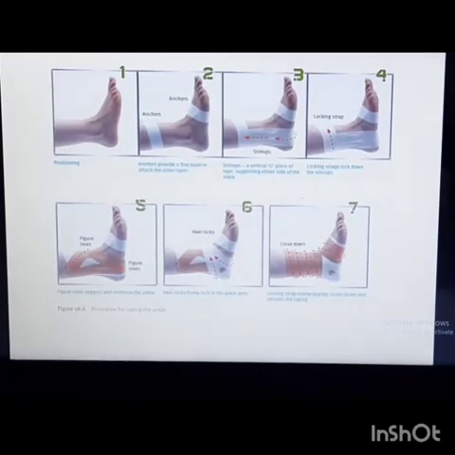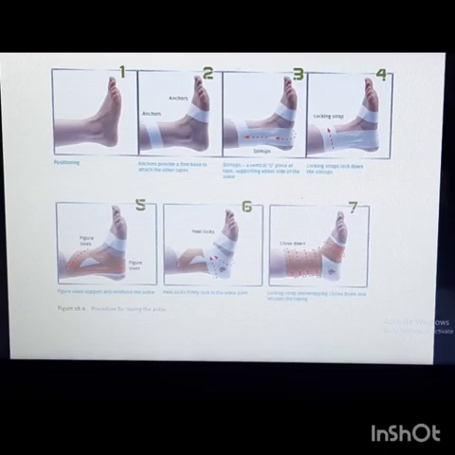Let me show you some basic taping techniques. Put the ankle in a neutral position or in a little dorsiflexion. Put the 2 anchor strips. These are the strips I was talking about. Apply them in a U-shape from the inside of the foot to the outside, keeping the foot in an everted position so that the ligament gets relaxed and does not invert, which could cause more damage after the injury. Then you lock the strips, then you apply different figure of 8, figure of 6, heel locks, and close on all the anchors.